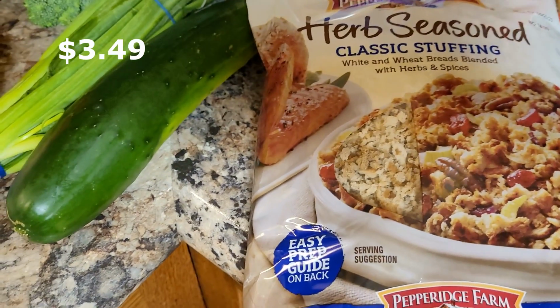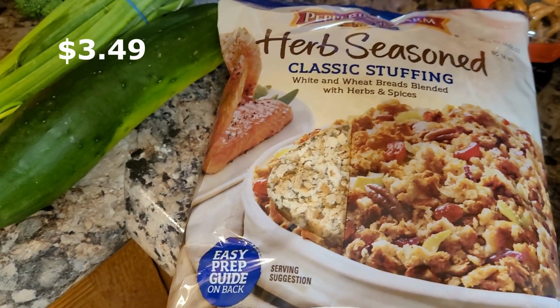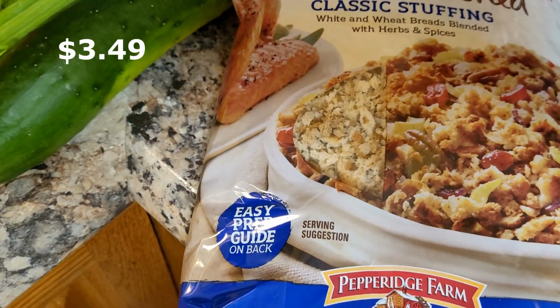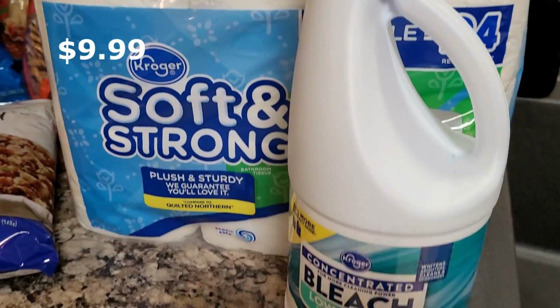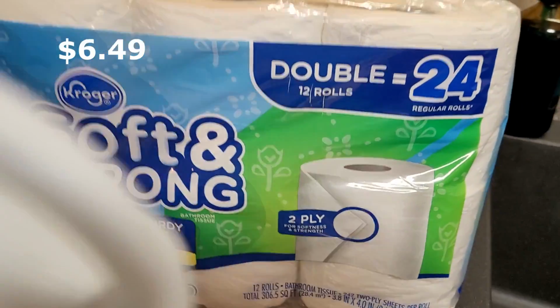And if you've been here, you know that is my dish that I take whenever we serve for funerals at our church. I just had to make one this weekend and noticed I was probably going to need some more stuffing soon. I grabbed this Arm & Hammer laundry detergent, a little thing of bleach, toilet paper,